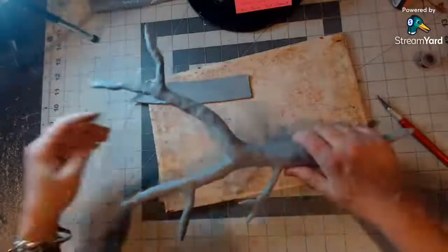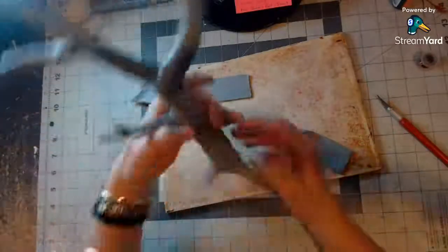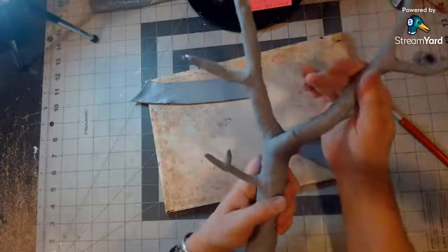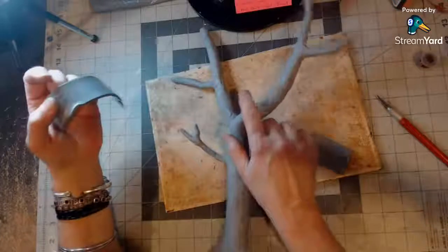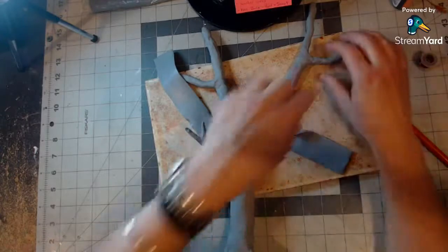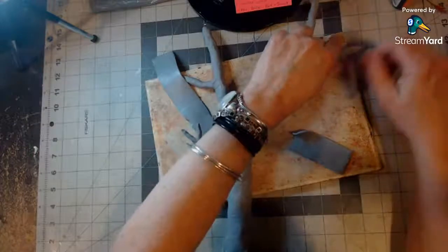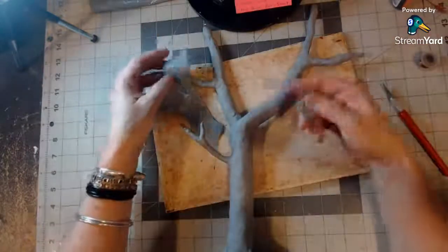But okay, so now I'm adding, like that looked a little light to me. Okay, let's see, to give it some shape. Okay. 12:06, 1 hour. I've made one tree. Okay, so now this is really the part that takes the sculpting. This part is just,